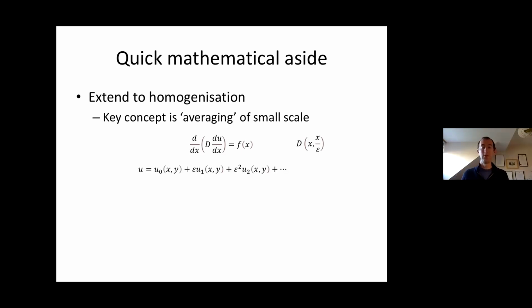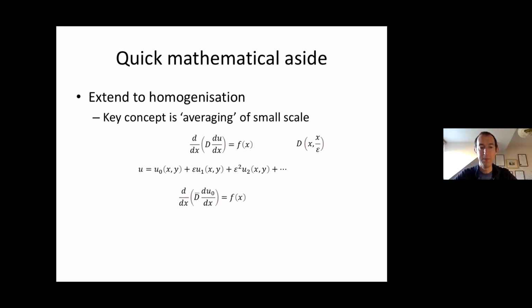So what I need to do is basically average it out. So just like before, I do a power series in epsilon. And this one will take me about 20 minutes, so I'm going to skip through. And what we end up finding is that we end up with this average diffusion coefficient, and this D